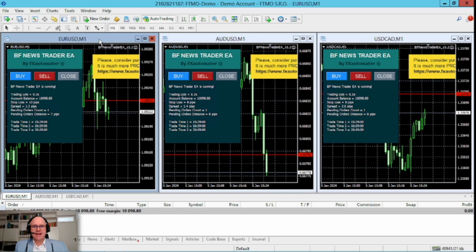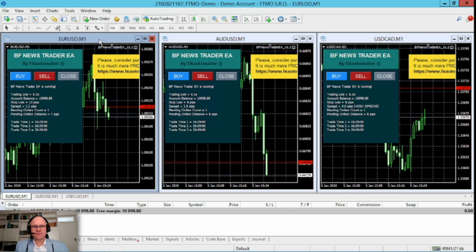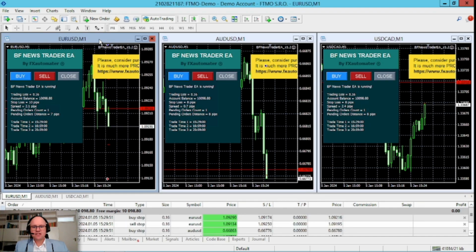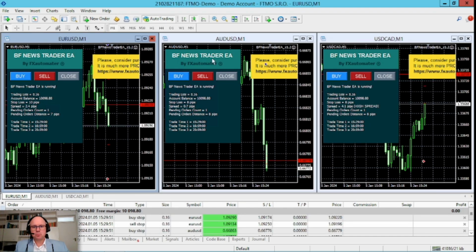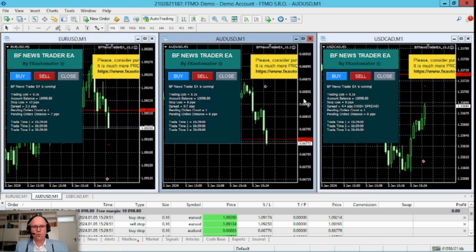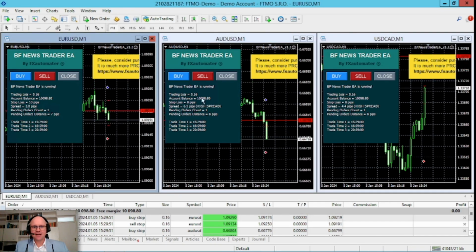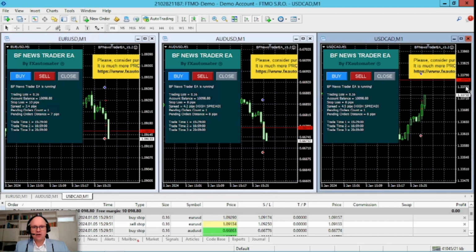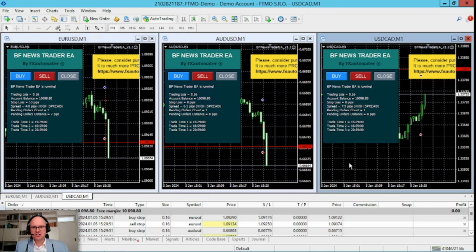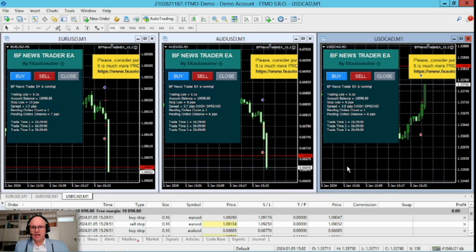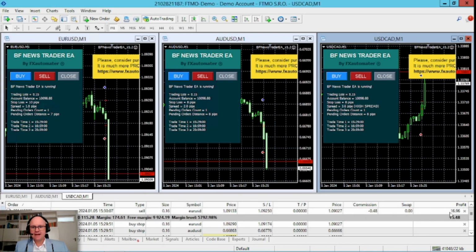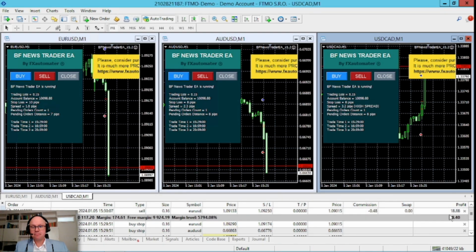Now, following the same principles as before, all I have done is set the expert advisor with the set files that have been adjusted on the three different charts. And what we'll see is that the expert advisor has placed 6 pending orders. This means it has placed a buy stop and sell stop according to the pending order distance above each of the trades. And you'll see the event has launched, and immediately we see a massive bearish move